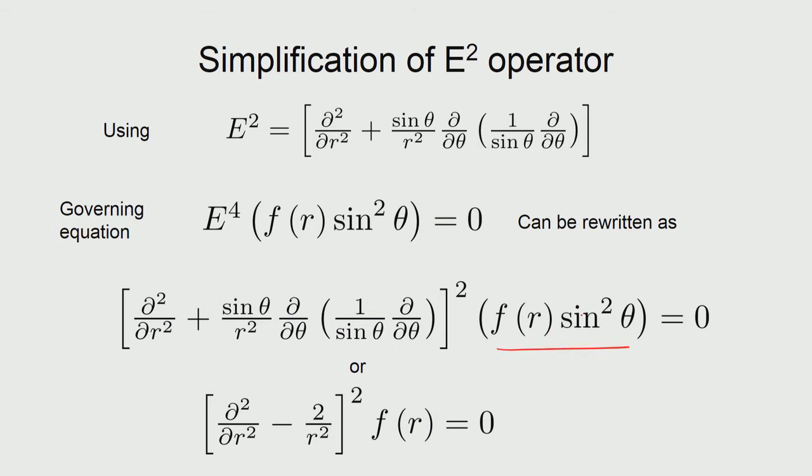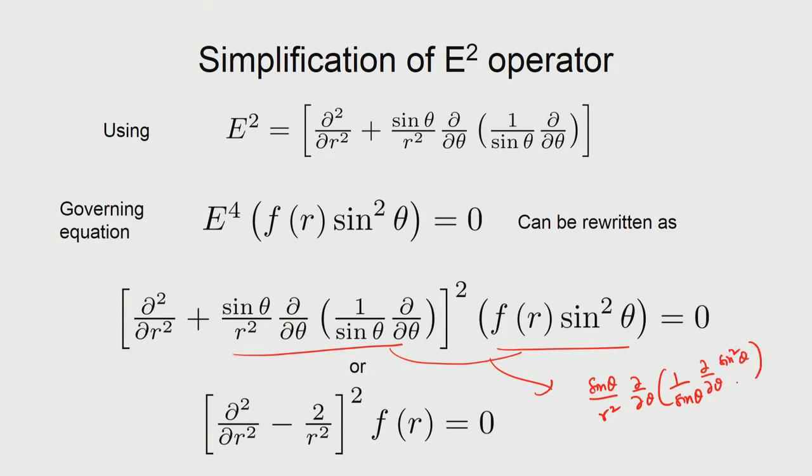and then we will see that if you look at how this part is acting on here, because if you see dou square by dou r square would not act on sine square theta. So, it is only on the f of r. So, the second differential is only dou by dou theta. So, which would act only on the sine square theta. So, if you now look at these two, so what would happen is basically you have got sine theta by r square dou by dou theta 1 by sine theta, and then dou by dou theta